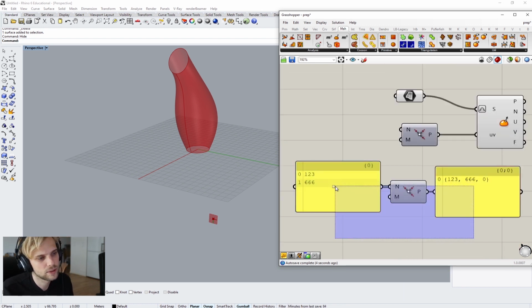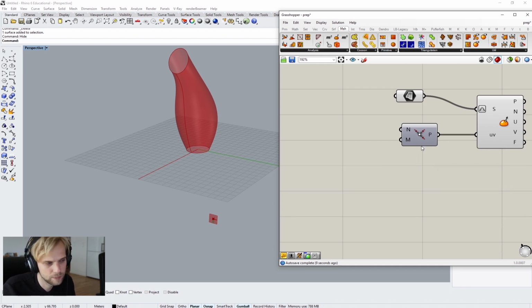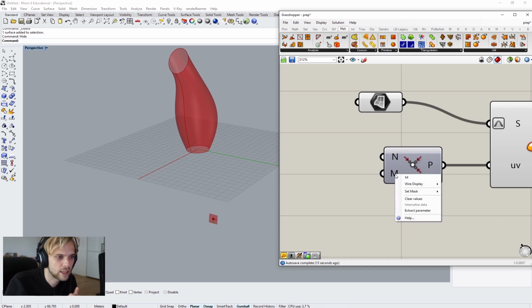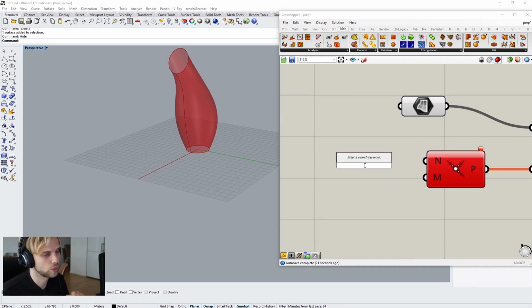And it can be used as UV coordinates as well. That's why I'm doing it. So I can do it here in the same manner, right? I right-click on the mask input, set mask XY. And then I have numbers as a list, which I can